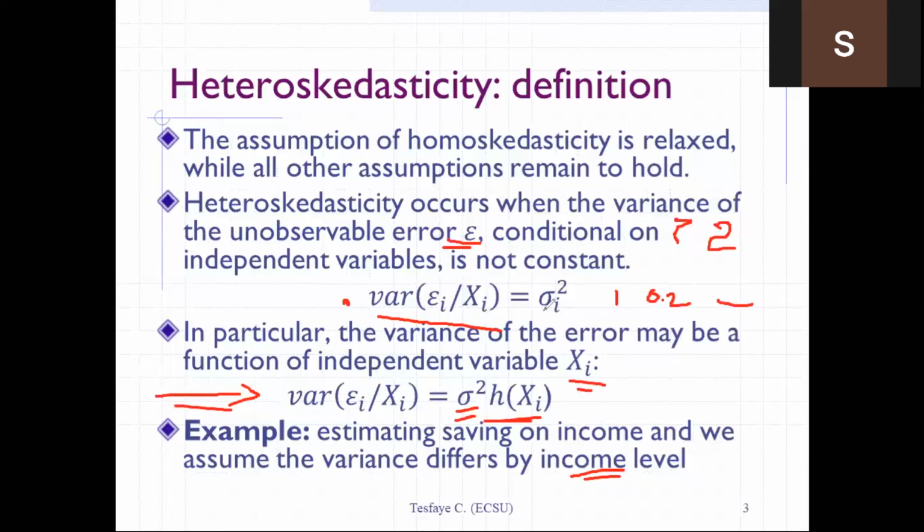The variance varies: the saving is more variable among rich households than among middle-income and low-income households. Okay, I will pause the video and then